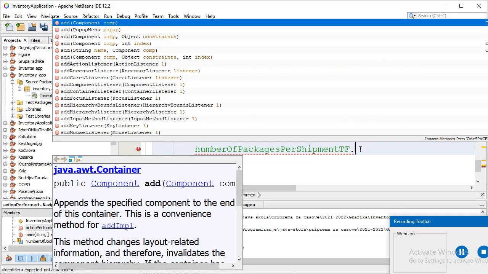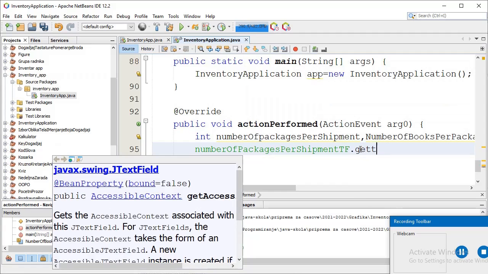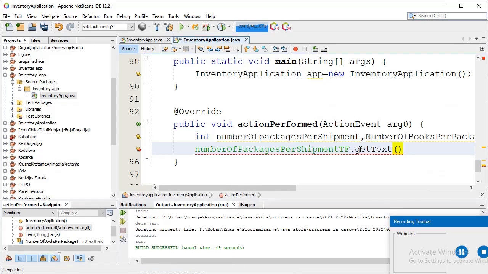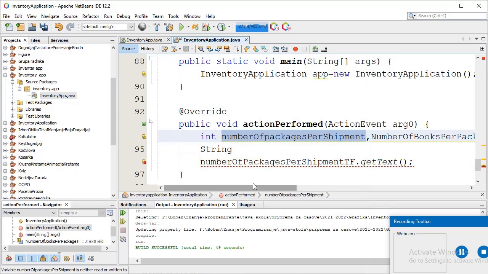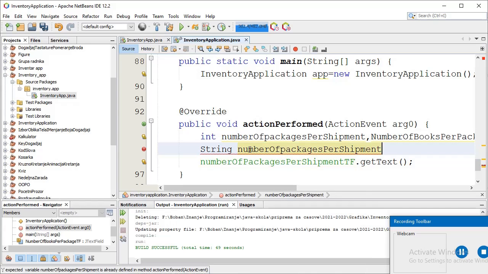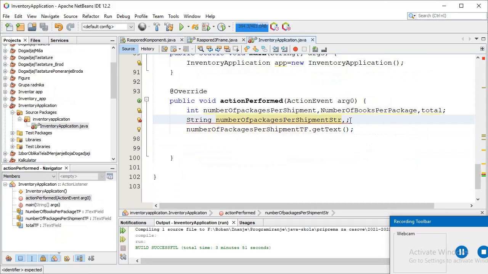That's okay. I call the getText method for this object. The getText method returns string data. Because of that, I add some string variable. I add the other string variable.